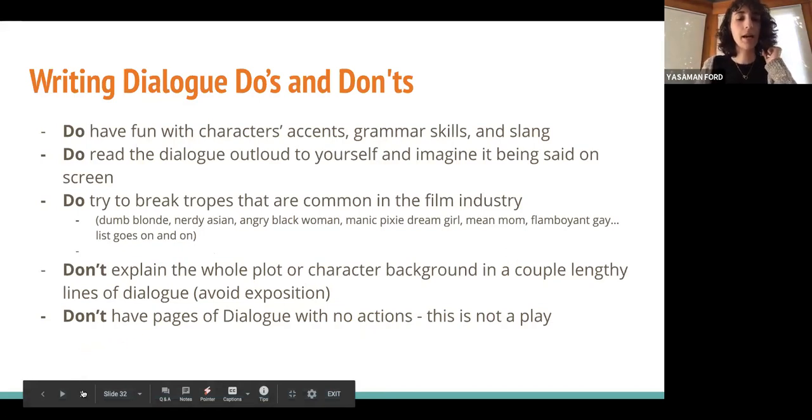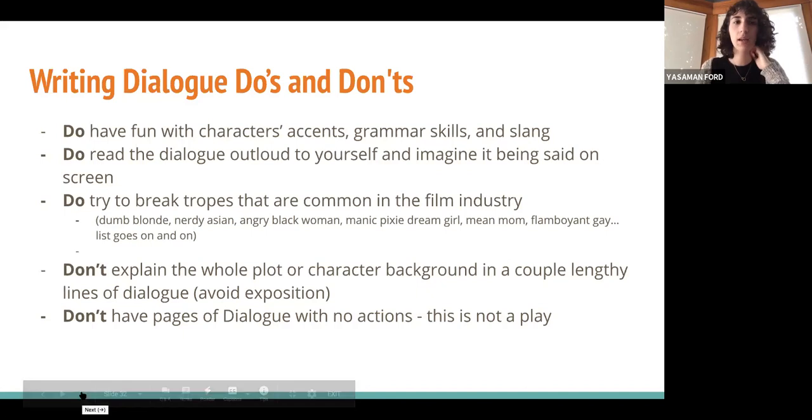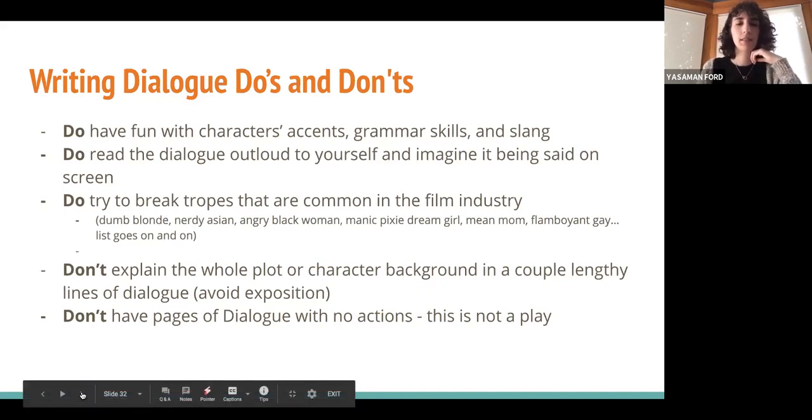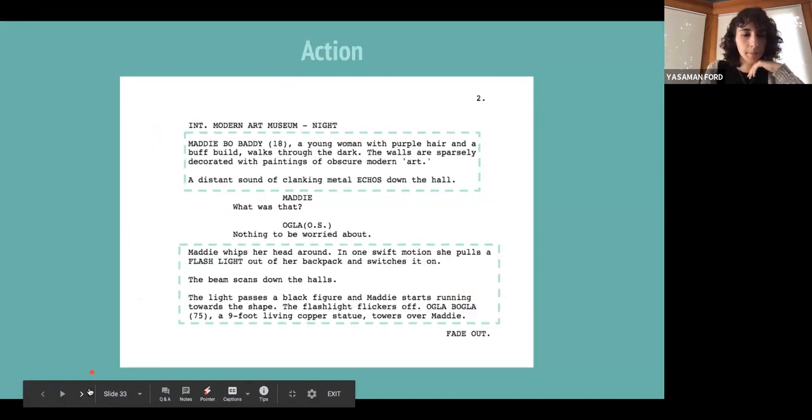Also, try to avoid having pages of dialogue with no action. This again depends on your style. Maybe you do a lot of dialogue, but generally, because it's a screenplay for film instead of a play, it's more usual to lean on actions to convey your story than dialogue. Okay, speaking of actions,